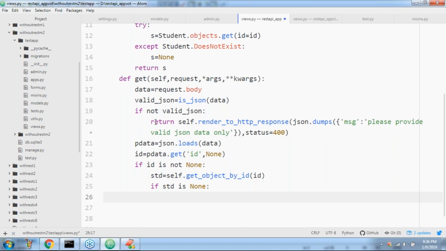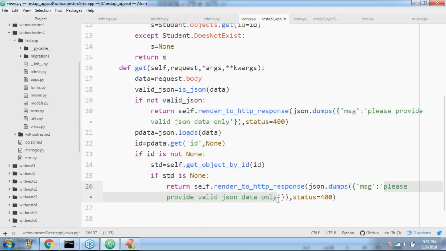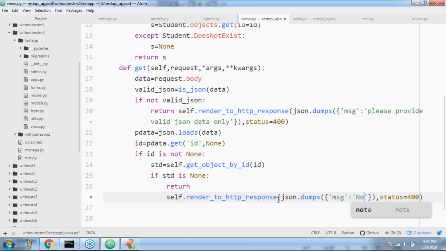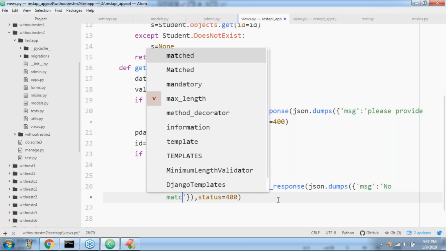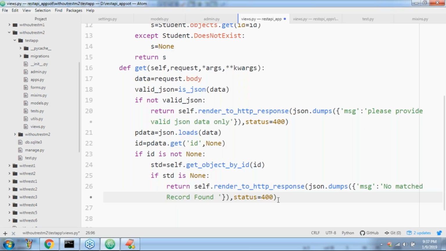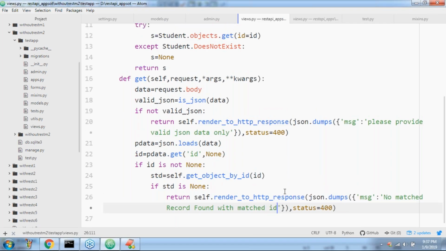Then, sir, it is the client's mistake only. Now what I want to take is return render_to_response with the message: no matched record found with the matched id. Like this I'm taking, sir.